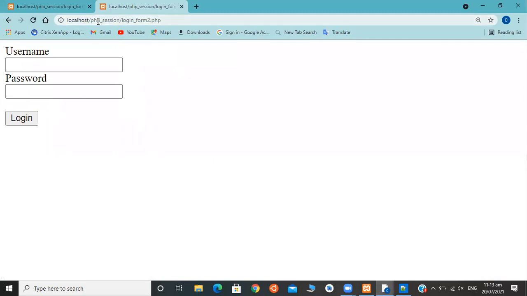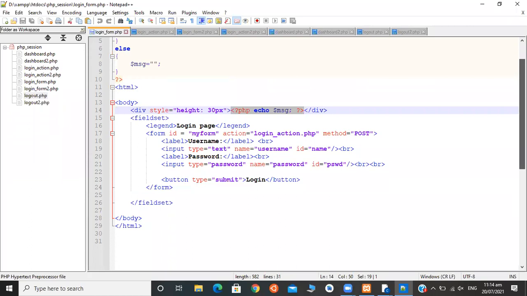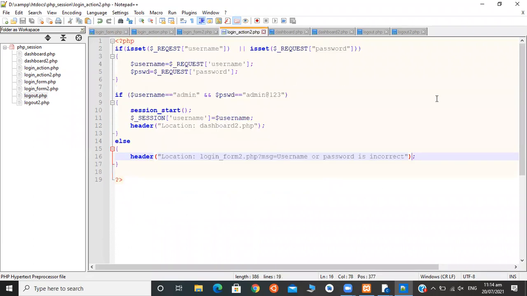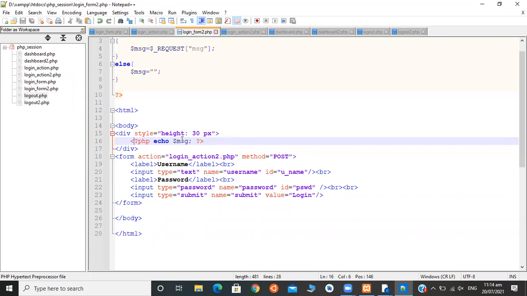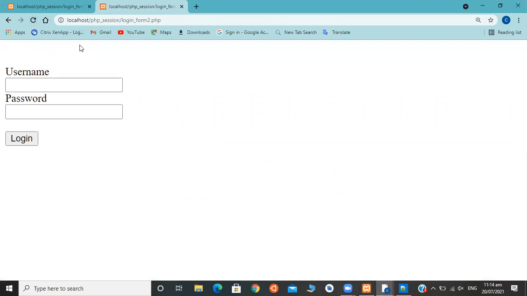Let's refresh it. So this is the div with 30 pixel height here.